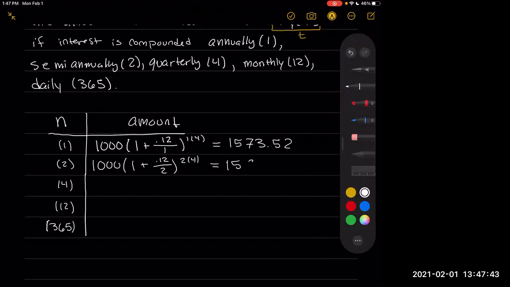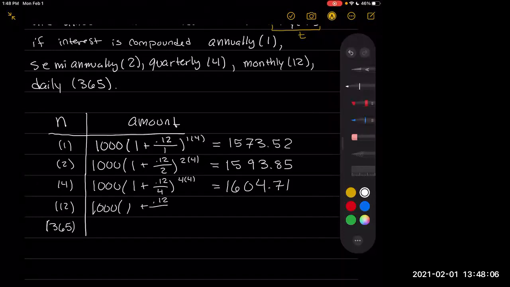So this is 1593.85. Then 1,000 times 1 plus 0.12 over 4, to the 4 times 4 power. And this is 1604.71. And 1,000 times 1 plus 0.12 over 12, you kind of see the pattern here. Oh, whoops, not 4, 12. Click the wrong button. 12 times 4, and this will equal 1612.23. And then finally, 1,000 times 1 plus 0.12 over 365, and then 365 times 4,